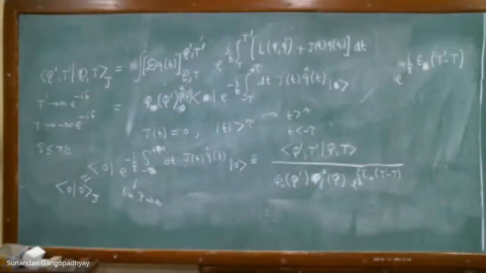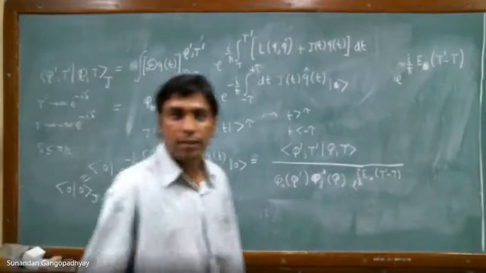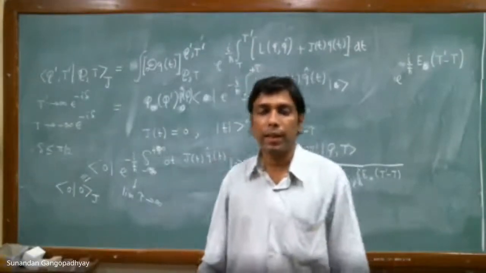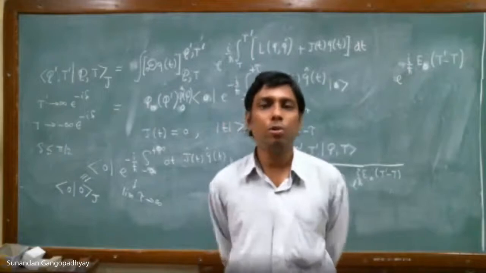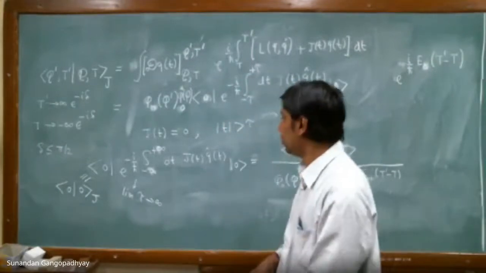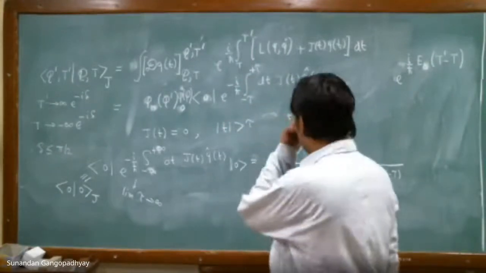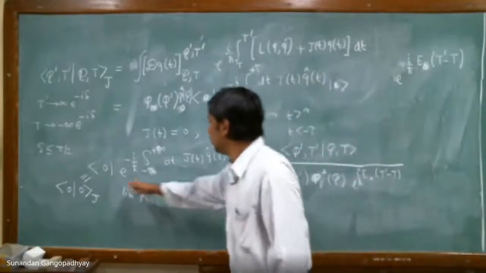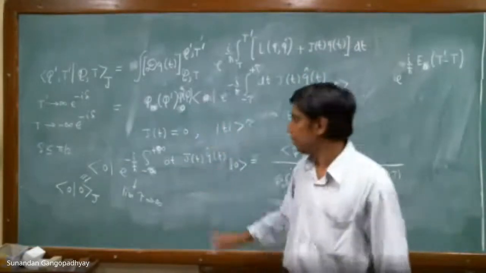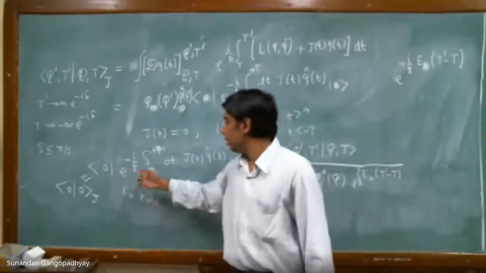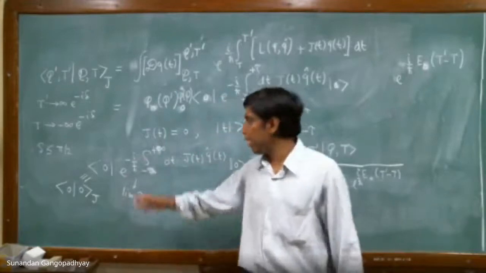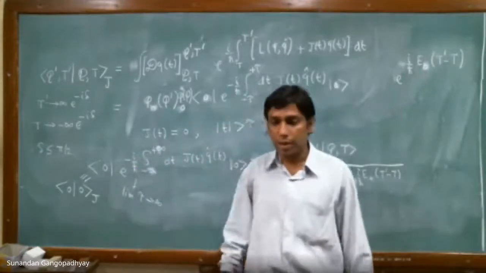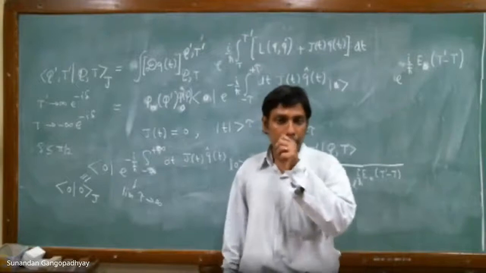What we are doing is nothing new than what we have already done. But this is a different way of manipulating things in the path integral approach. I could have given it to you as a problem. I could have asked you to calculate this kind of object. I give you this operator and ask you to calculate the expectation value of this in the ground state.